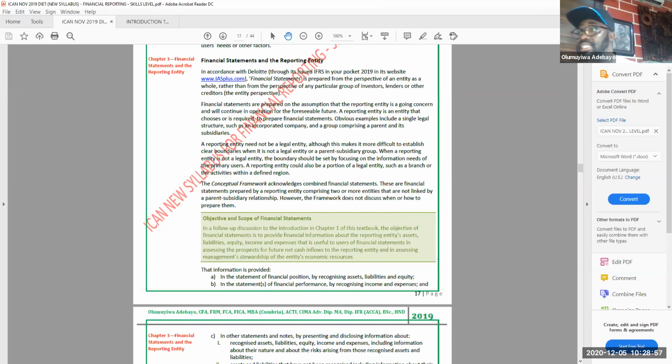Now, what is a financial statement? Financial statement is simply the vehicle. It's simply the what? The vehicle that conveys financial information to the users of financial statements. Now, remember, I think I mentioned it in class, that don't get to the exam and say it's a vehicle, okay? Or rather, instead of using a vehicle for conveyance, you say it is a statement or document that conveys financial what? Information, which means financial statements